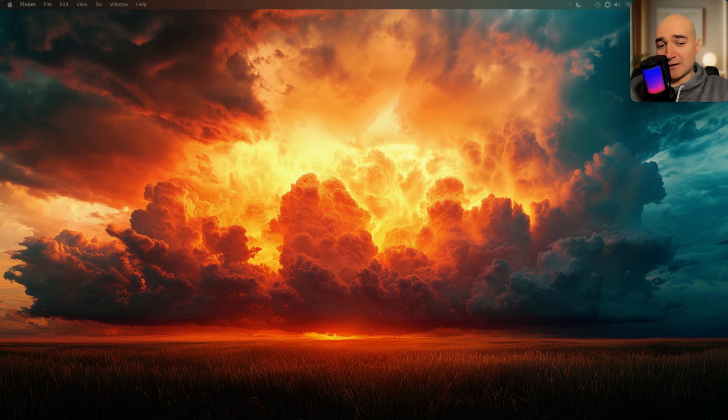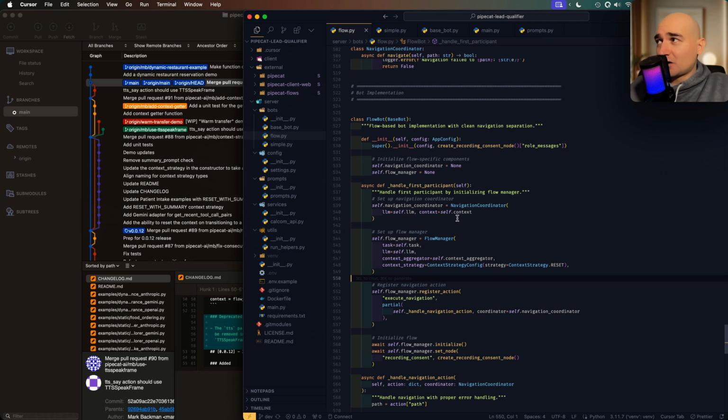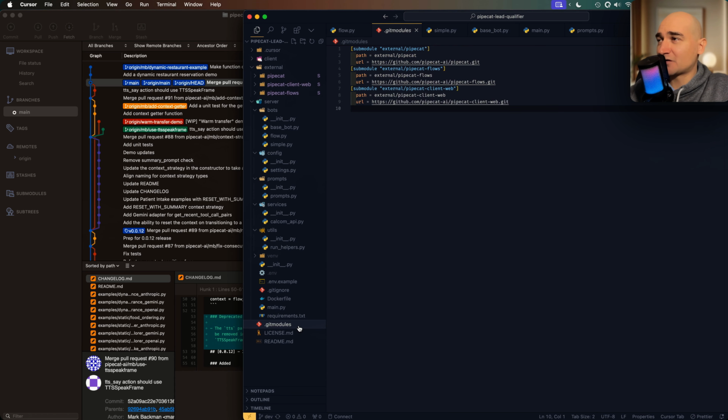Today has been a day of refactoring, and let me just take you through what I've done. So I've restructured the project like so. The server subproject looks a little bit more organized, as you can probably tell. And now I have introduced this external folder where I have cloned each of the repositories that I depend on in this project and have added these as GitHub submodules.